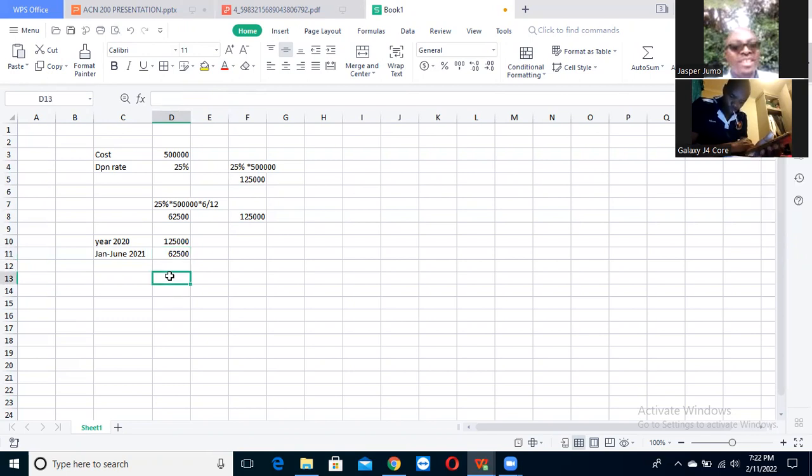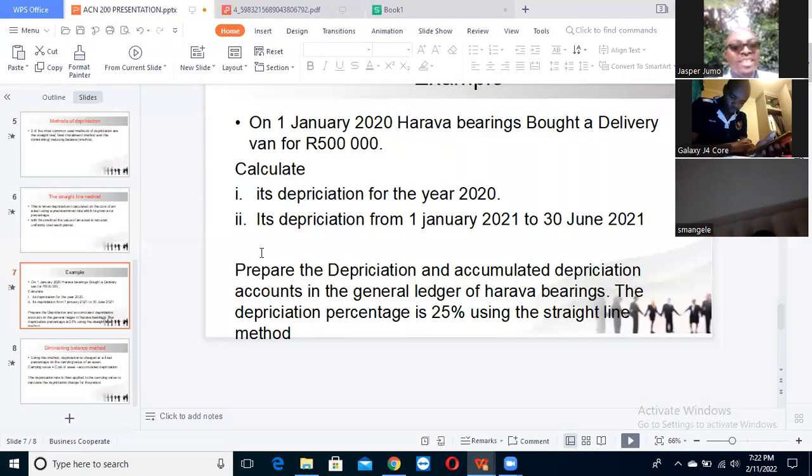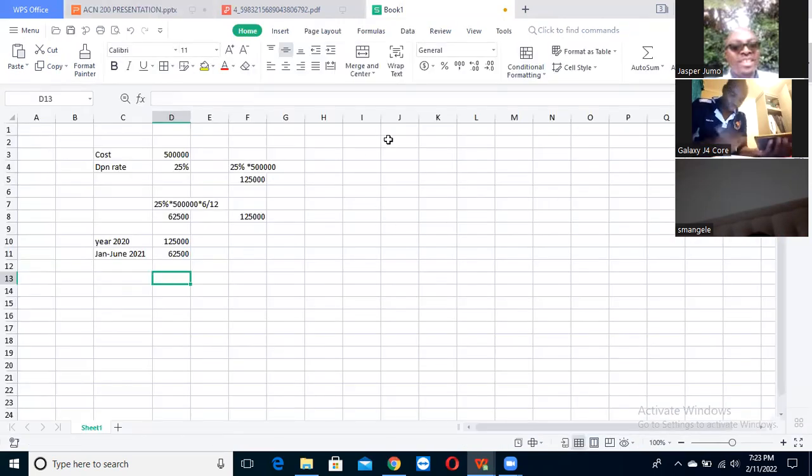to present, and we have calculated, but we have not yet done justice to the question, because the question reads, prepare the depreciation and accumulated depreciation accounts in the general ledger of our rubber bearings. So we want to do just that which the question asks us to do. So we want to prepare the general ledger of our rubber bearings,